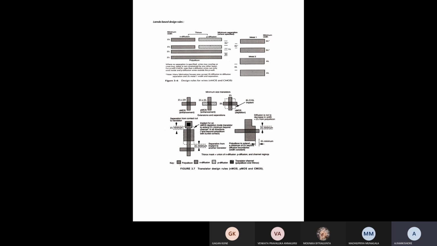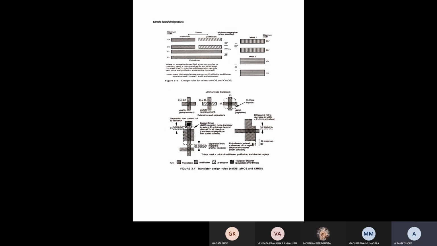So these colors are the same, but for the layout diagram, we have to indicate these types of indications with scalable values. We have to remember those points very clearly to draw a layout diagram. Next one,